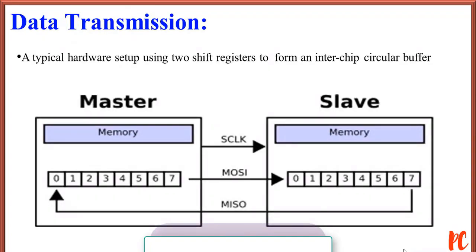Let's begin the communication. The master configures the clock using a frequency supported by the slave devices. The master then selects the slave device with a logic level 0 on the select line. If a waiting period is required, then the master must wait for at least that period of time before issuing a clock cycle. During each SPI clock cycle, a full duplex data transmission occurs. The master sends a bit on the MOSI line and the slave reads it, while the slave sends a bit on the MISO line and the master reads it. This sequence is maintained even when only one directional data transfer is intended. That occurs commonly at a range of around 1 to 70 MHz.